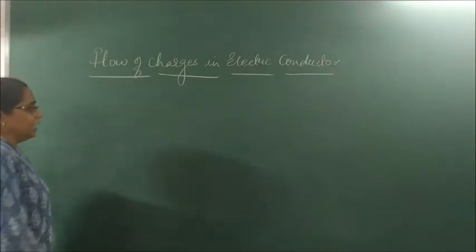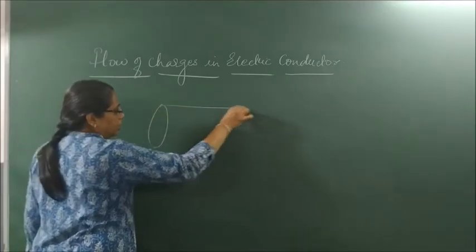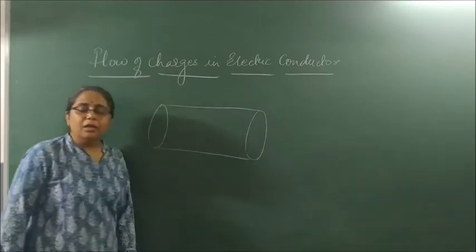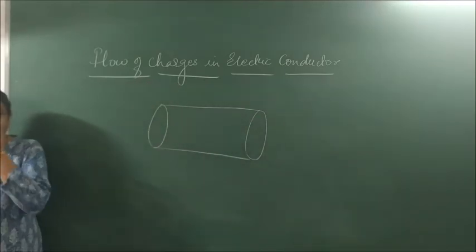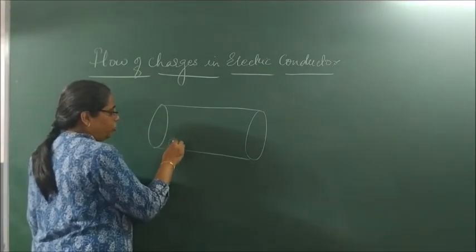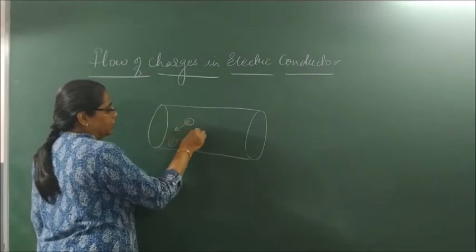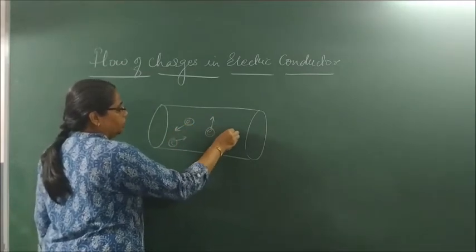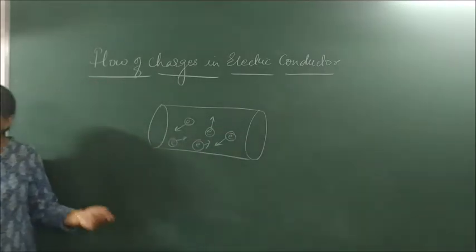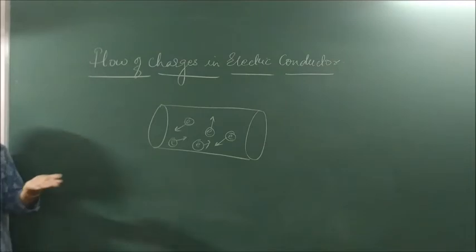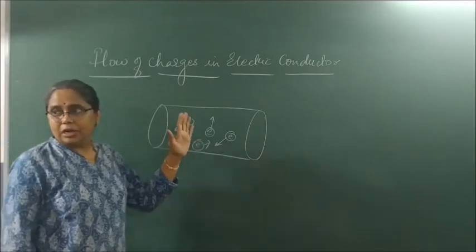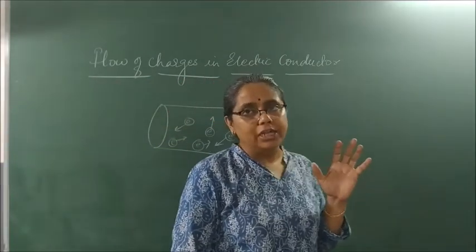So if I take a part of a conductor, a small cross section of a wire, I will find the electrons are arranged in a haphazard manner. The electron keeps moving wherever it wants. A metal has electrons. So in a conductor, all the electrons keep moving haphazardly. They do not move in a regularized fashion.